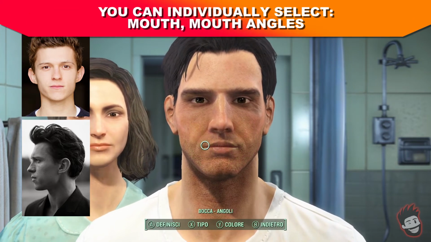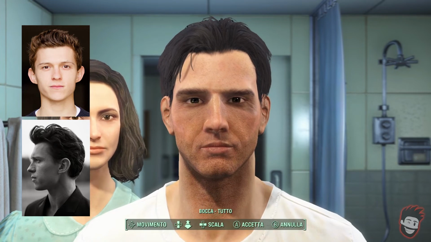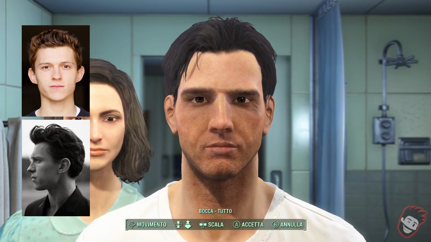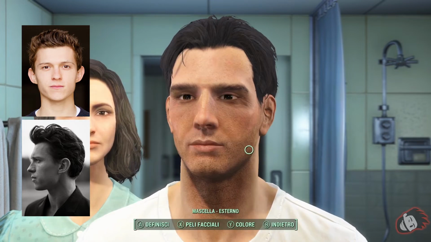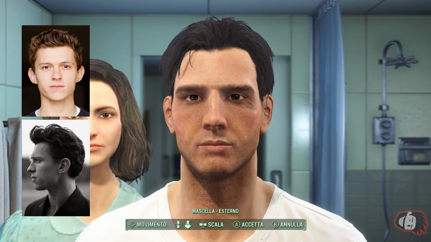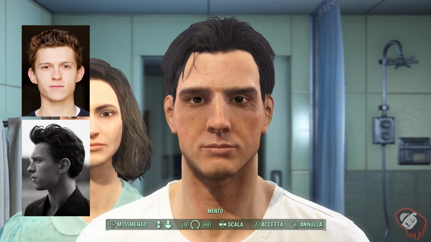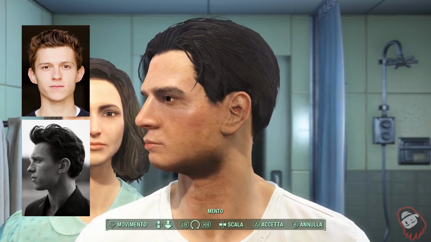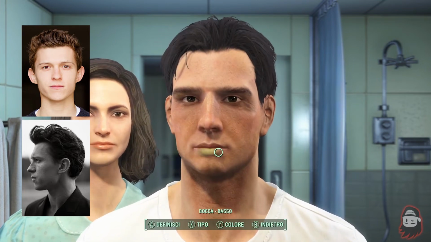The mouth needs to be a bit smaller, and its angles should almost align with the center of the eyes. Be careful with the difference between the entire mouth size, which you can modify with the left bumper or L1, and the positioning of the mouth angles, which we can modify with the left stick. The external part of the jaw needs to be a little bit visible, so use the left D-pad and also the left stick down. Pick the chin and take it closer to the mouth. Speaking of which, as you can see, it's a bit too much on the external side, so fix this as well.